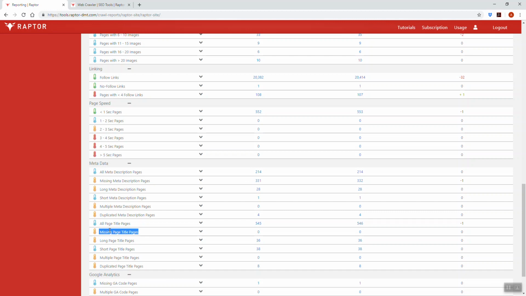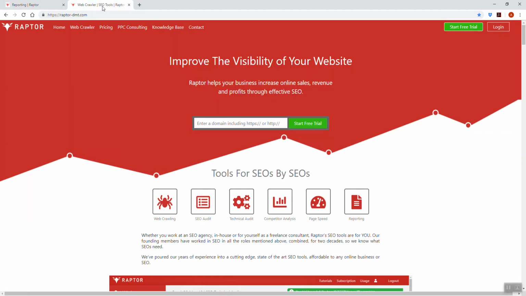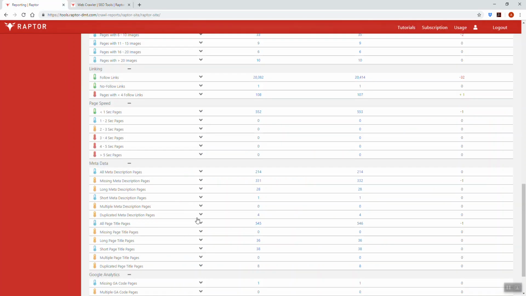Now, missing page titles is what we consider to be a minor error. In most cases you do want a page title on a page. A page title is, if we go to our website, the thing that is shown at the top of your web browser. This should contain the target keyword and be a